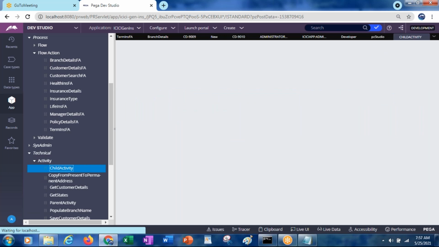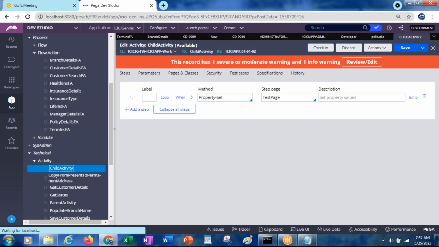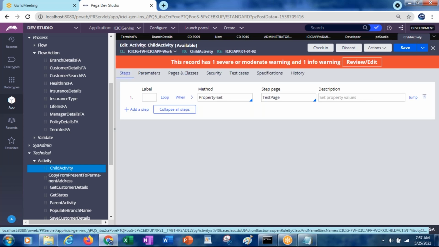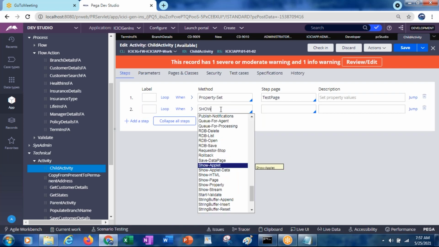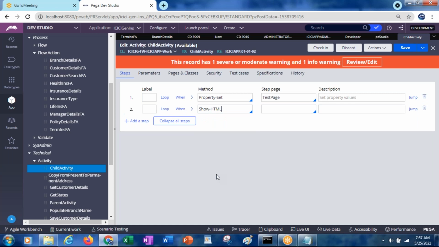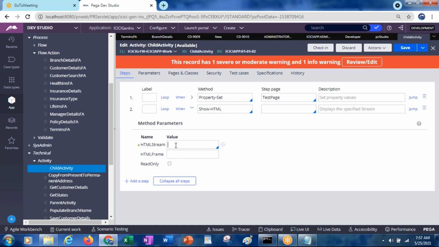Do you remember, once we discussed showing the page. Once, my clipboard was not displaying, so at that time I used something called show page. In the same way here we have something called show harness, show HTML. In the show HTML, we can select the HTML string.